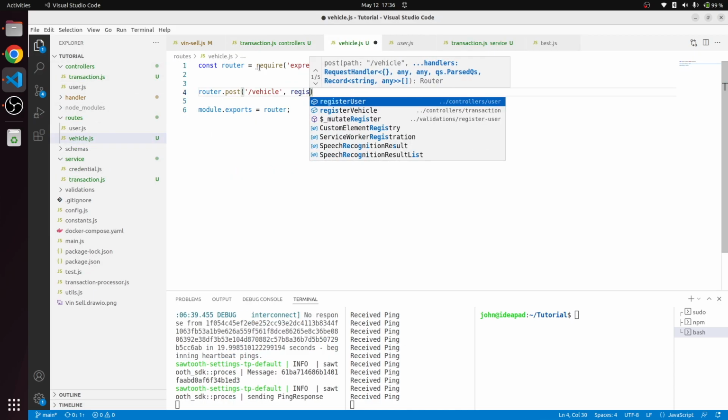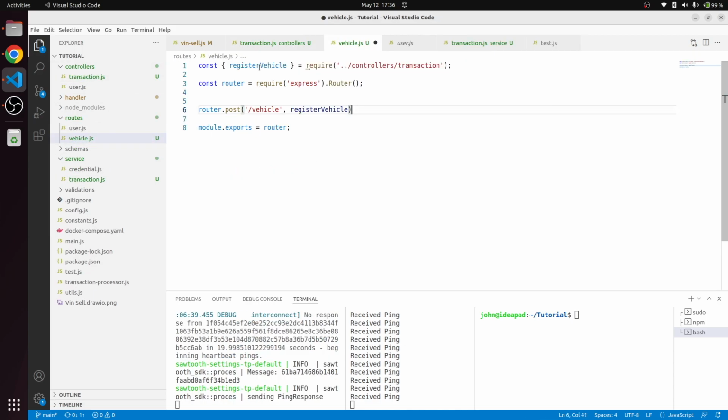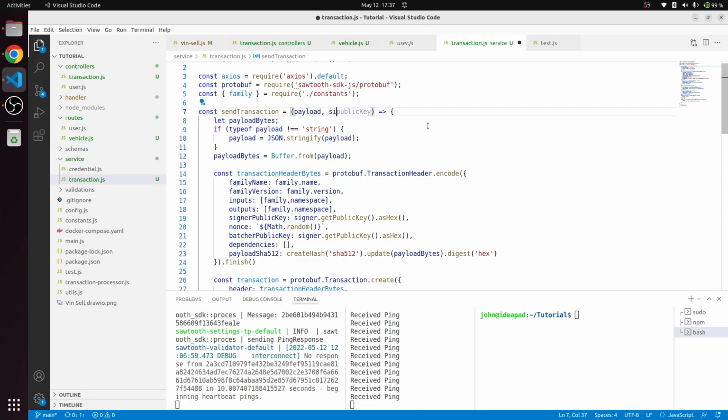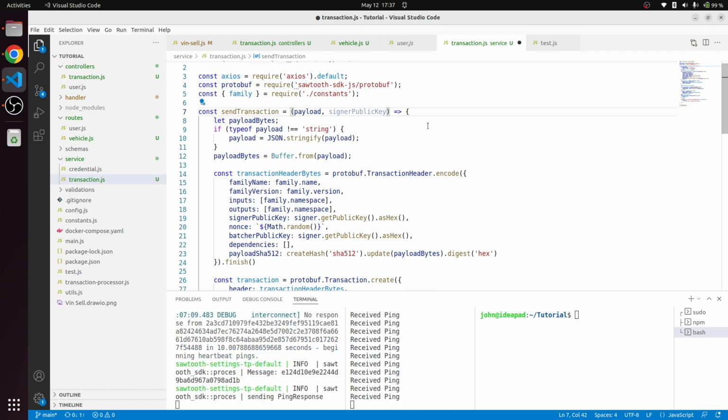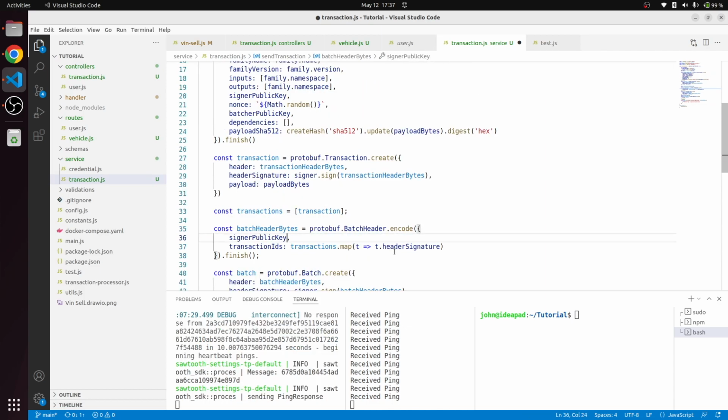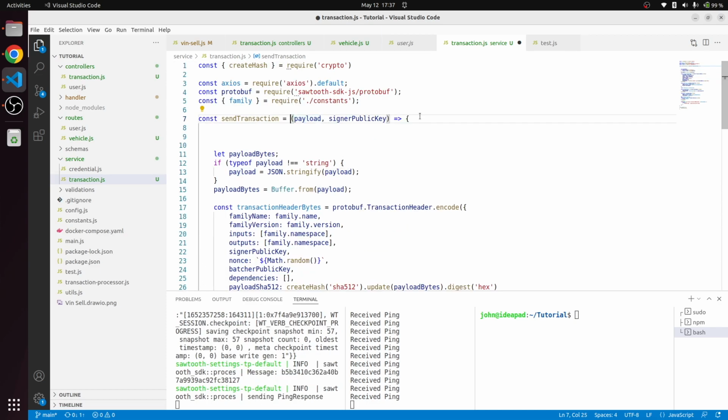Once the controller is written, we'll be importing and registering a router over here, and in this router, we'll be resolving a public key, so that we need to pass over here. When we send a transaction, this signer public key will be coming from the signed in user details. Once we replace all the signer public key hex method derivation with just a string value from the